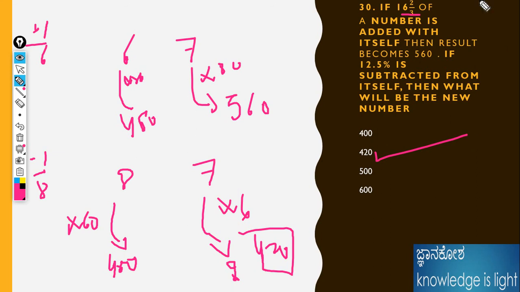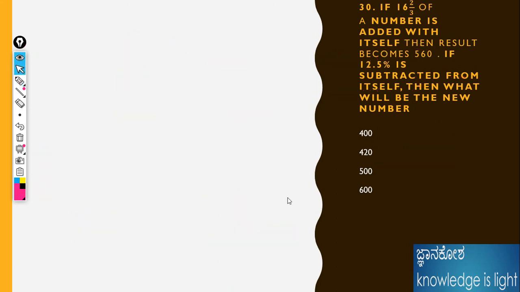I understand, say just simply 16 2 by 3 is nothing but 1 by 6. So adding that number, we need to add, 6 to 7 is coming. 6 plus 1 is 7. Then 480, they given, it becomes 7 value is coming, 560, 7 eights are 56. That means 80 is the number. Anyway, I am doing the same: 7 units is equal to 560. Then what is the 6 units? Like that I am doing what I did before, just I am calculating directly only. And please solve this problem from your end as well. Please don't forget to like this problem. Okay, next problem.